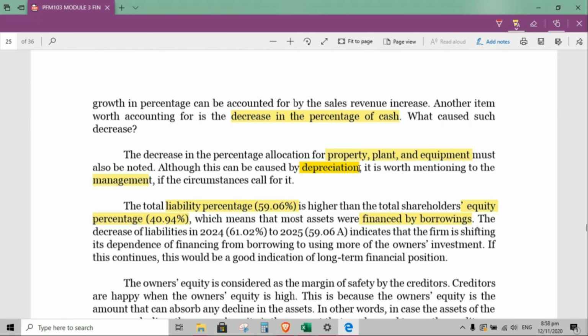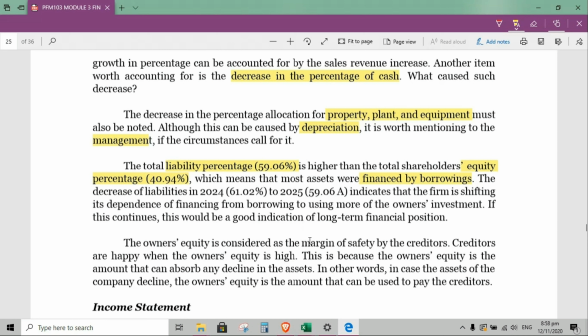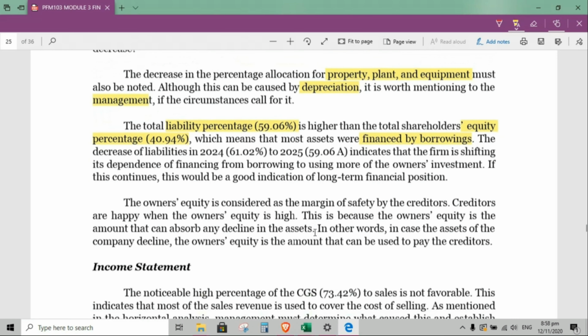Okay. It indicates that the firm is shifting its dependence on financing or borrowing to using more of the owner's investments. So, kapag tuloy-tuloy nilang i-manage ng maayos ang kanilang pera, yung kanilang